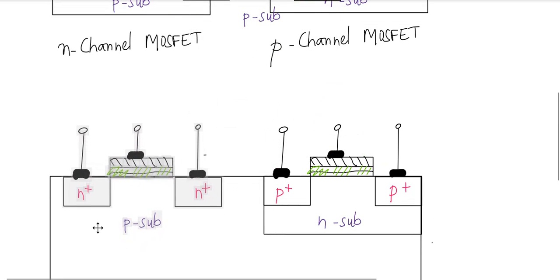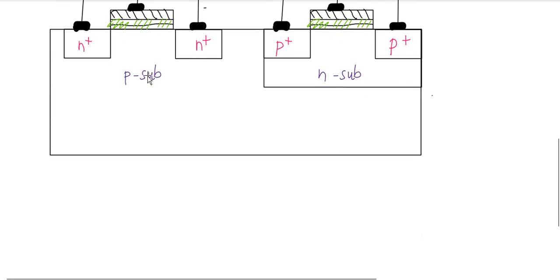So this entire outermost region becomes the P substrate, and inside this P substrate both the NMOS and the PMOS devices are fabricated, and such a device manufacturing process is called the P-tub process.